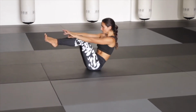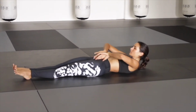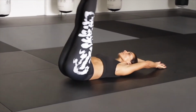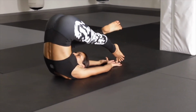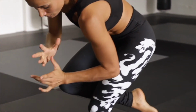And bring your knees all the way through and right in front into boat again. Legs extending, lower trunk, upper trunk, lowering simultaneously down to the ground. Supine, arms reaching over the head, followed by the legs. We're back into plow. Right leg folds, rolling through, half boat into your warrior's base, shifting into the left leg,